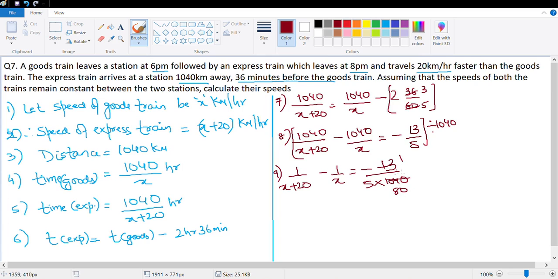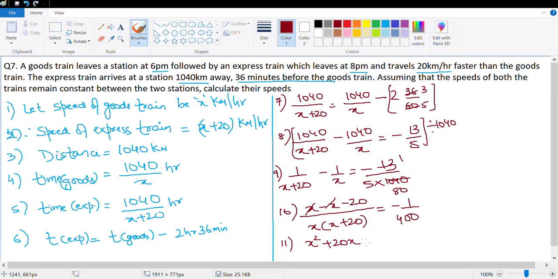Right, that's fine. So this is, let's take LCM, x minus x minus 20 upon x times x plus 20 is equal to negative 1 upon 400. Right, that's fine. Minus 20 upon x times x plus 20, negative 1 upon 400. Let's cross multiply. We have x square plus 20x is equal to negative 400 into negative 20. I've taken the negative sign in the denominator, and what we get is